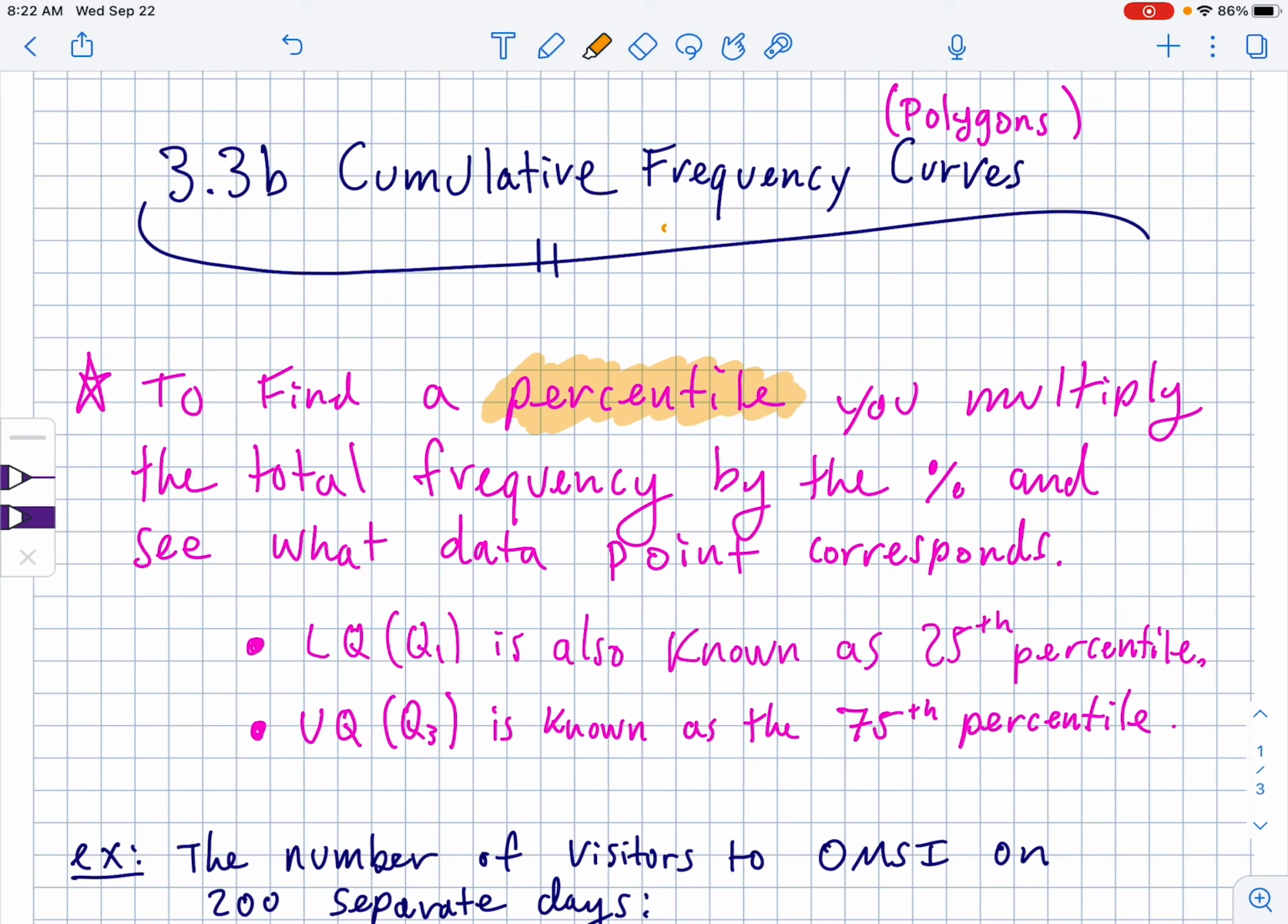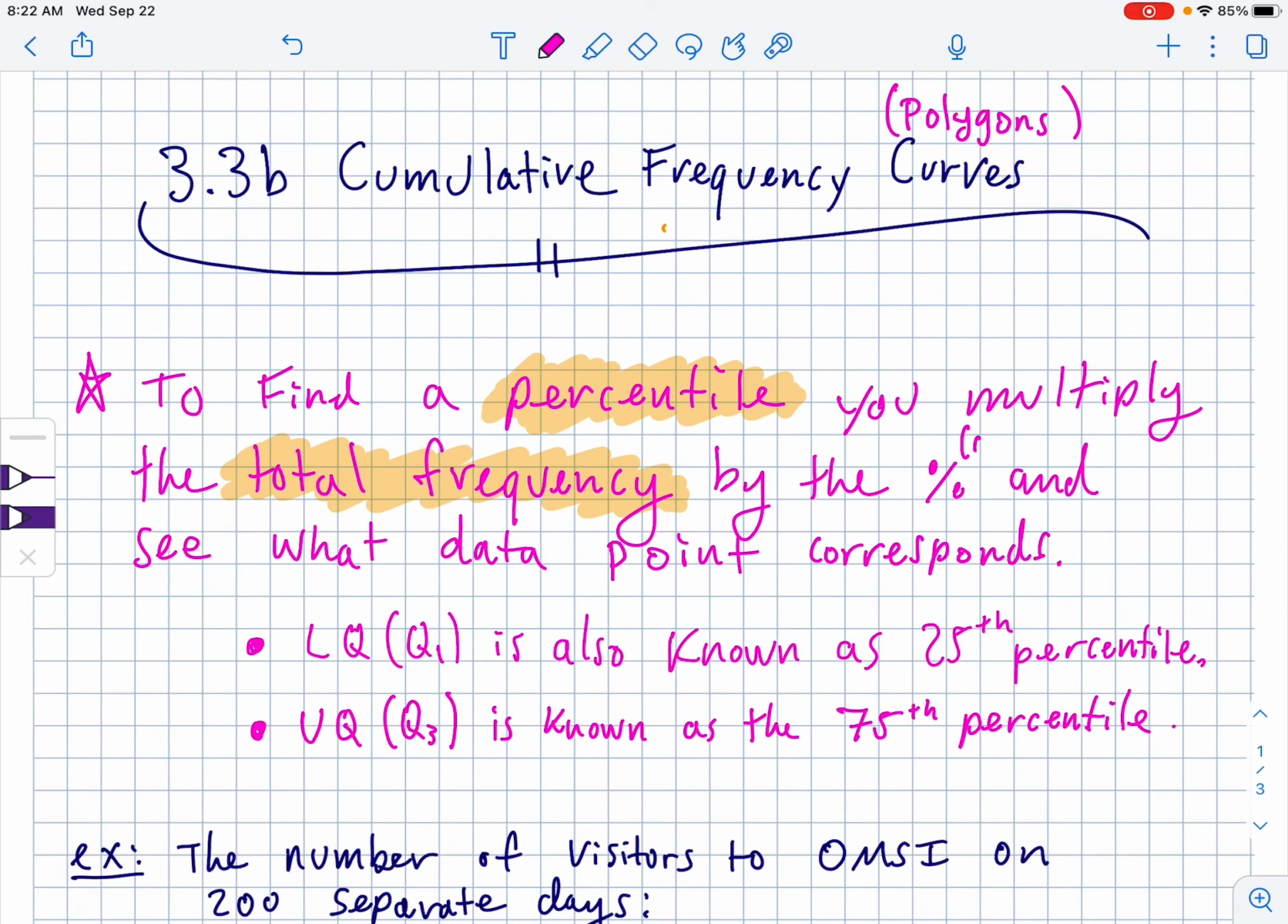So perhaps you've heard the term, you get a test score, you got an 87 on a test or something like that, and they were like, but you were in the 90th percentile. It would mean that you scored better than 90% of other kids, that you're like in the top 10% of scores. To find a percentile, you're going to multiply the total frequency